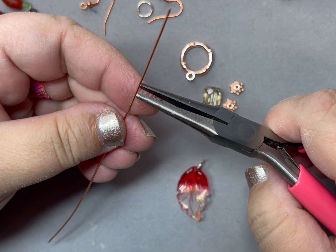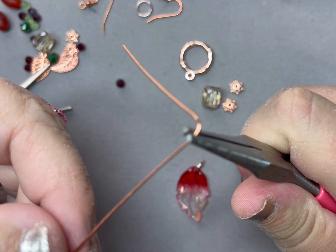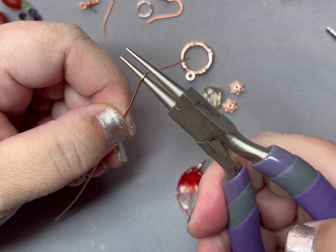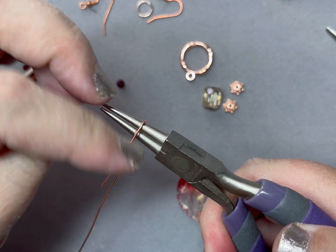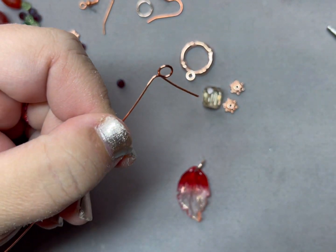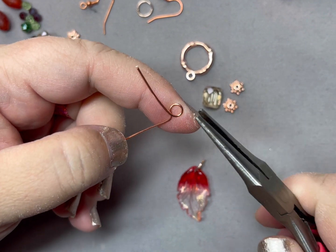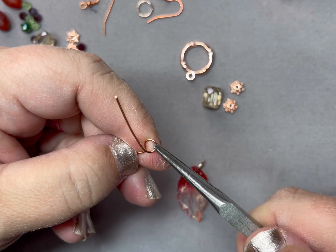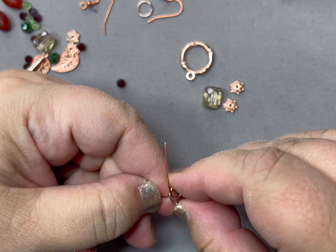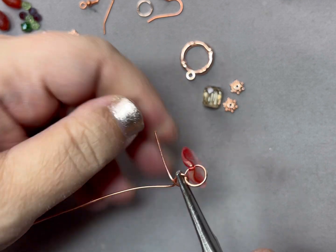So we're going to make our loop by bending 90 degrees, like that. And then we're going to come in with our round nose pliers, up and over, and around. And now you have a loop. Let's work that open. Oh, like that. Going to put on our really pretty leaf bead. And let's